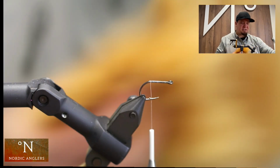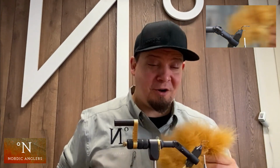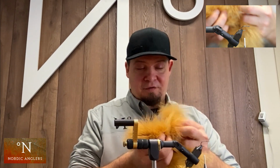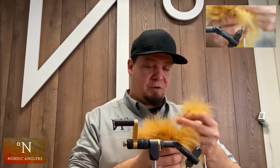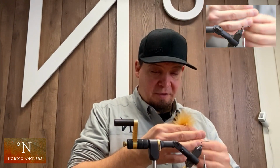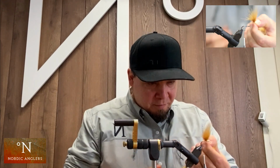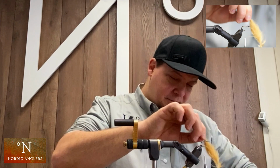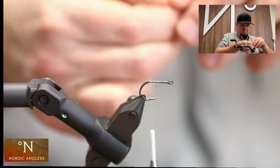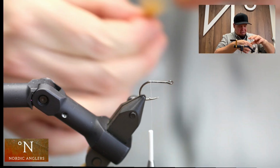The first thing we need is a tail. This is kind of like a woolly bugger, Vipish fly, and we're gonna have the tail composed of marabou. You can use strong marabou, or you can use woolly bugger marabou. I'm just gonna pick out a feather here, and I'm gonna get my tail formed from one of these feathers. So I'm gonna cut off all of this. I don't need that. Then I'm gonna switch camera again, and of course, depending on the size and length of your worm,